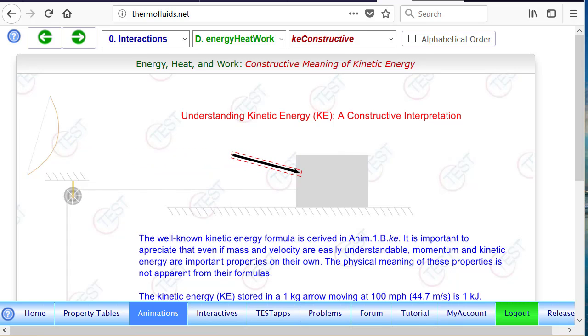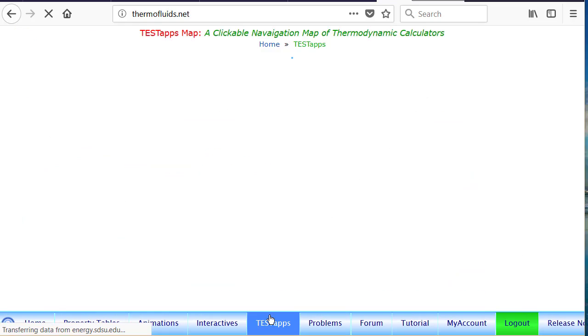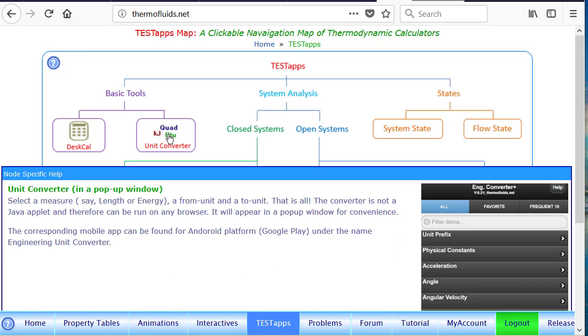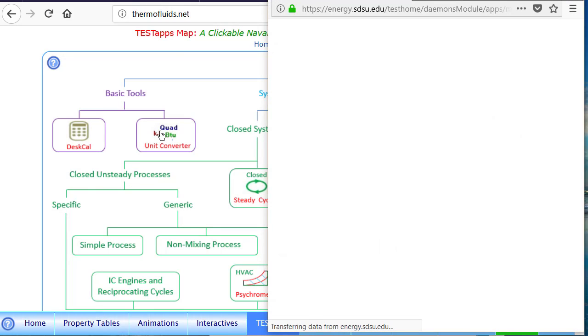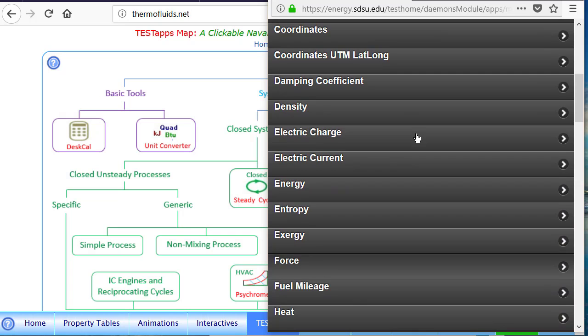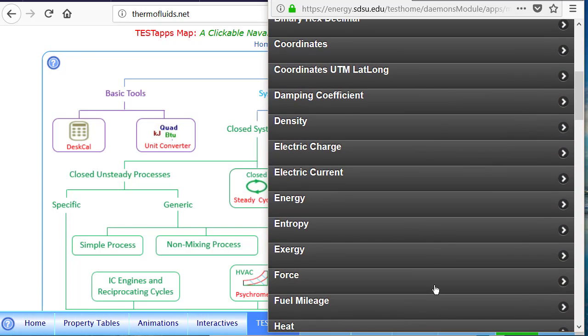Okay, one more thing I want to mention is that we are going to also use test steps. We are going to only use part of this, but you will find there are all these wonderful tools waiting out there for you to verify a solution. Even, let's say particularly, suppose you have to convert a unit for one of the quizzes. Just click there and the unit converter shows up, and you choose a